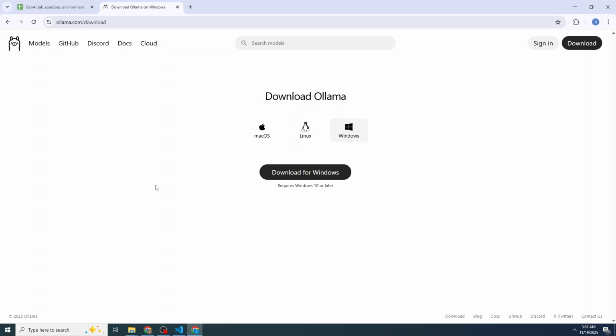Hi, now let's see how we can access LLMs from your local machine. For accessing any LLMs from your local machine, we need software called Ollama. Ollama helps you to run any LLMs locally. So to use Ollama in your local machine to access any LLMs, first you have to download Ollama to your local machine. In order to download, please go to